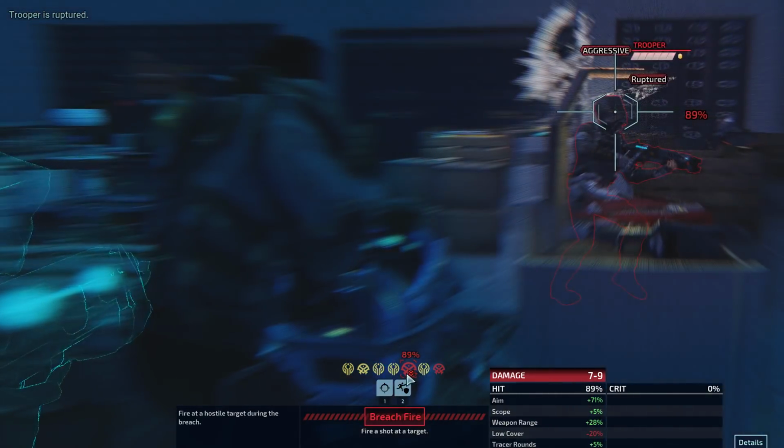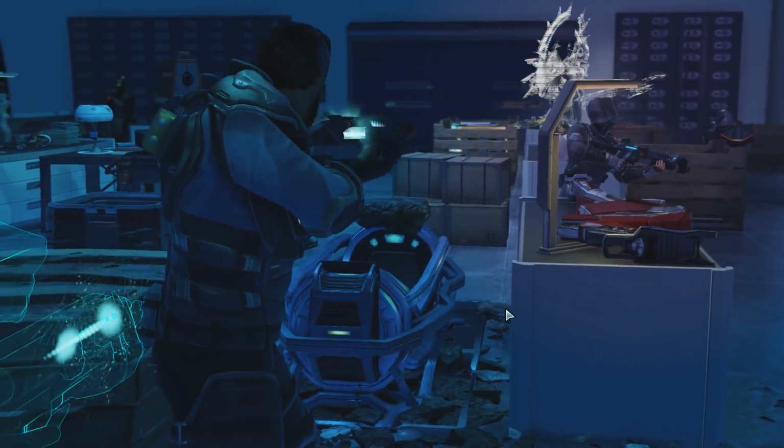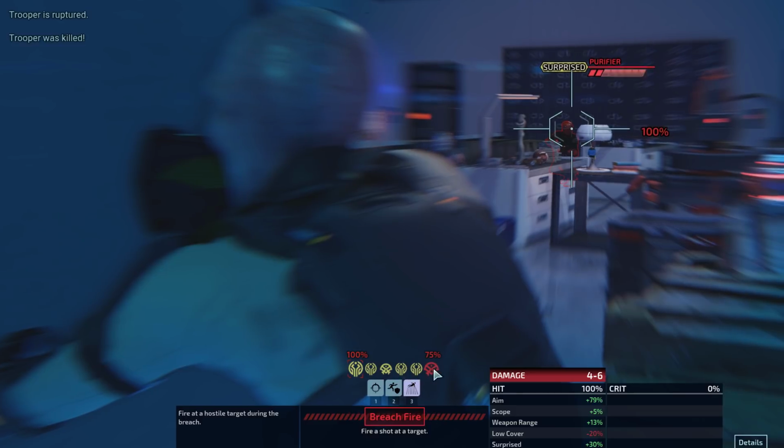So I'm going to try to take down this Trooper. Even at minimum damage, this is a kill, actually. That right there is the magic of Rupture. That guy totally was ruptured. It said it by his name. So do I want to just... I think I'm just going to...